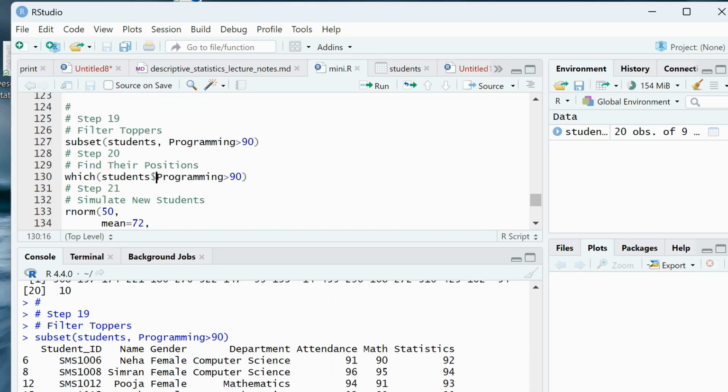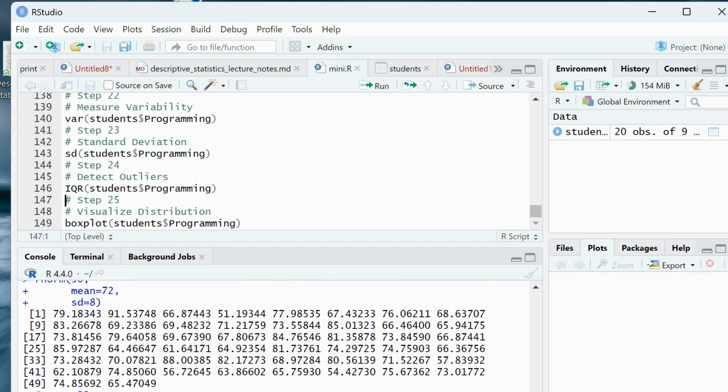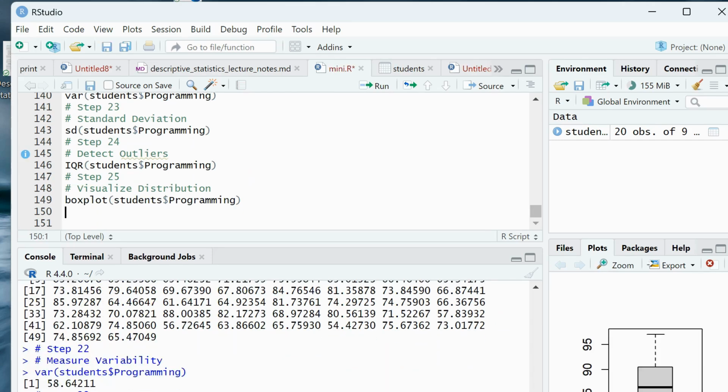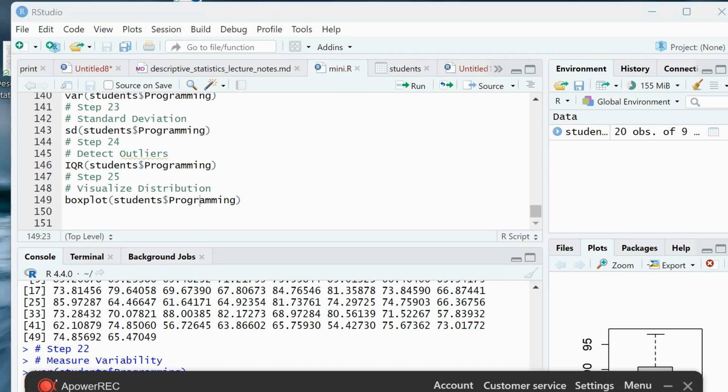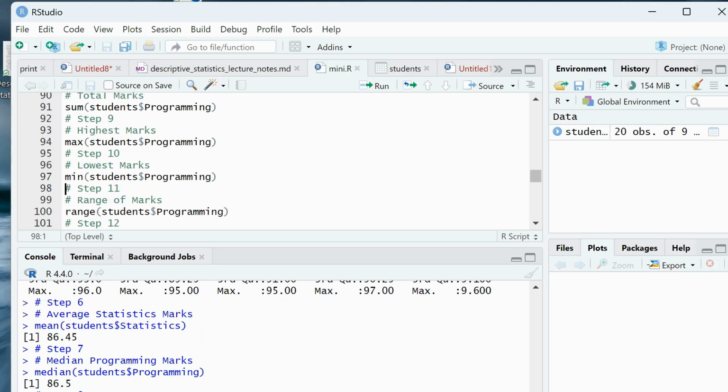Let's find the attendance range. range(students$attendance), suppose the output is 84, 96. This means attendance varies from 84% to 96%. length(students$student_ID) returns 20, confirming there are 20 student IDs. sort(students$math). The output displays mathematics marks in ascending order, making it easier to identify the lowest and highest